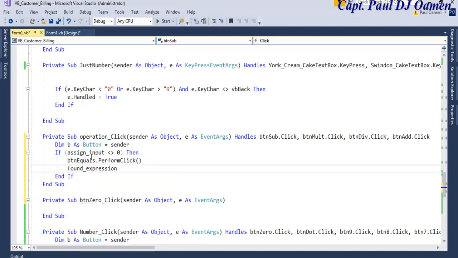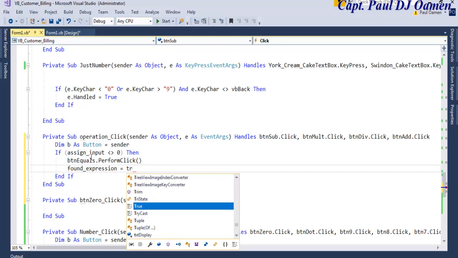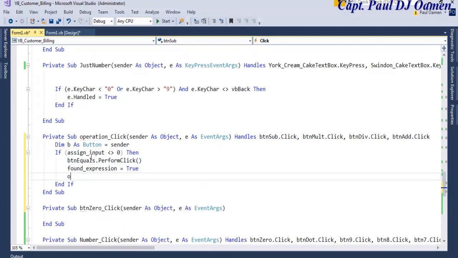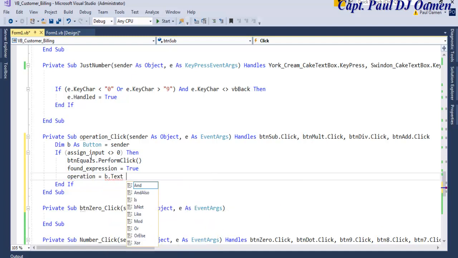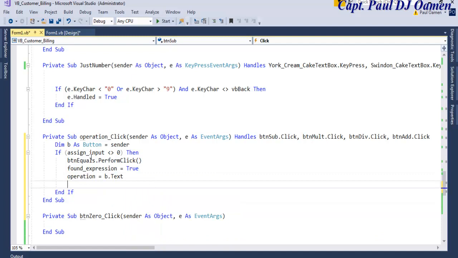Found expression equals true. Operation equals b dot text, and we can just say